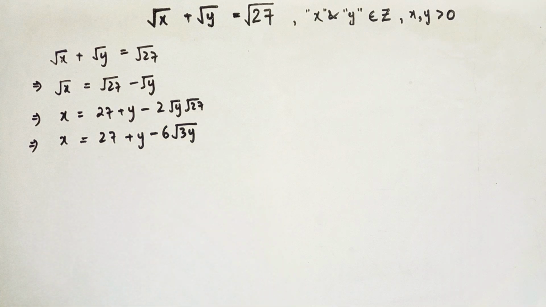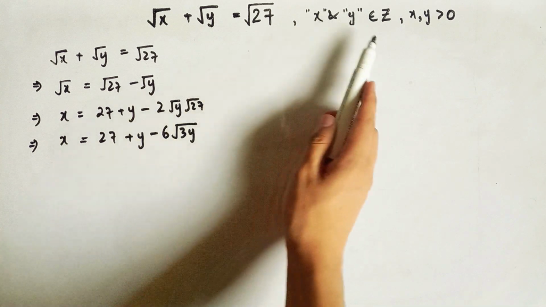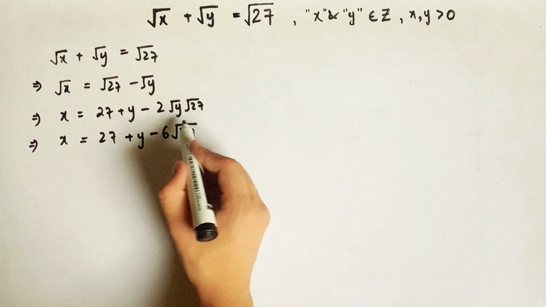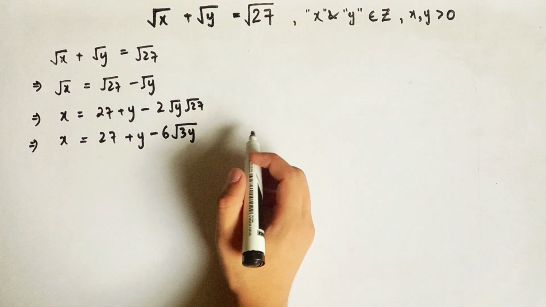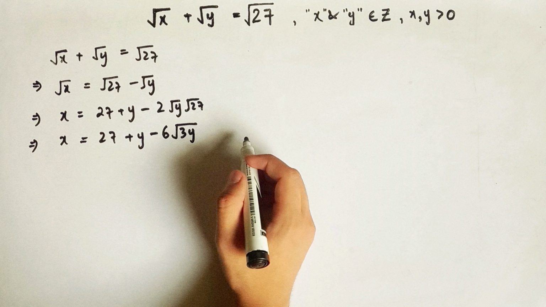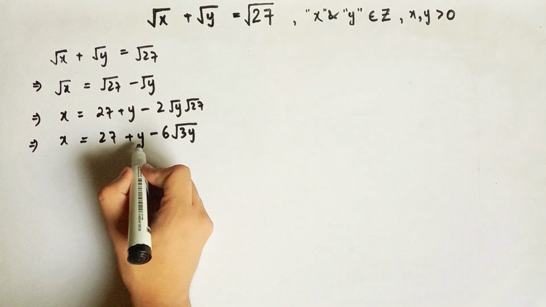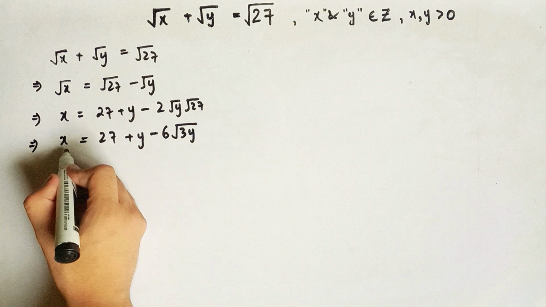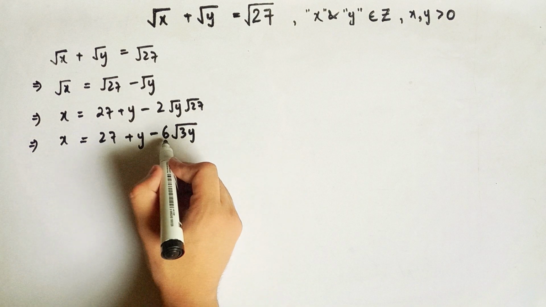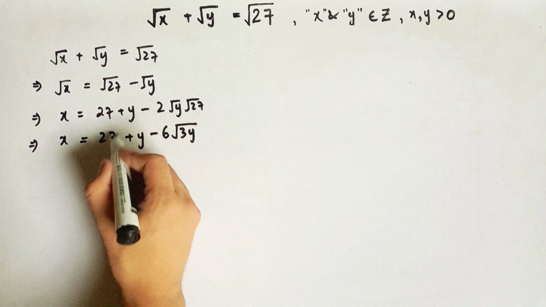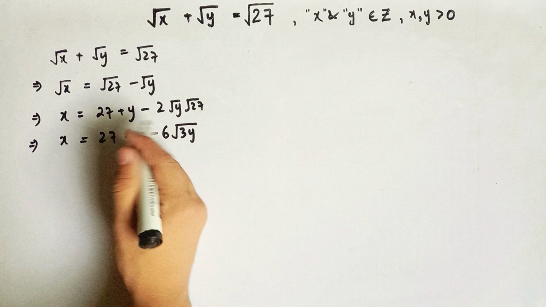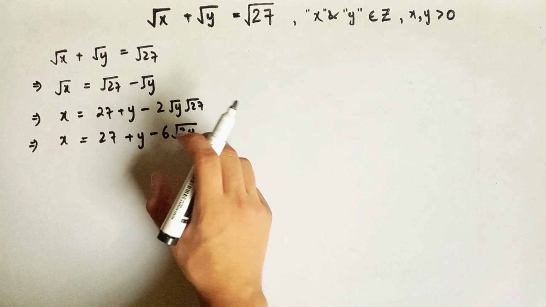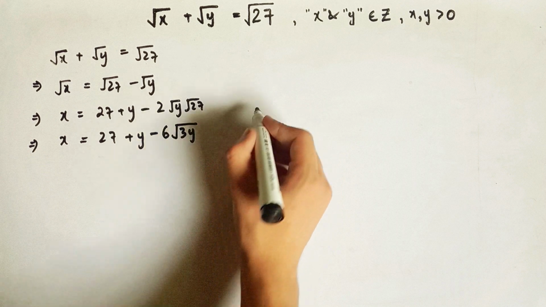Now what? We have x as a positive integer and y as a positive integer, so it means that root of 3y is an integer. Why am I saying that? Because the sum of two integers is an integer, and to have an integer we have to subtract some integer from an integer, because the difference of two integers is an integer. So root of 3y